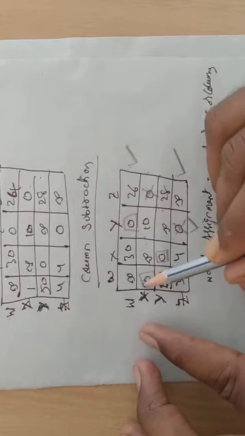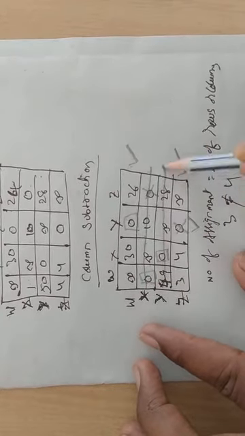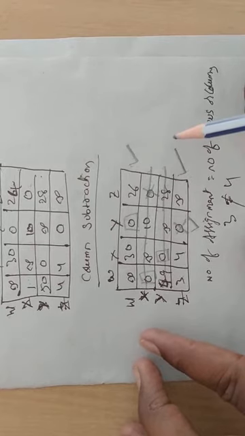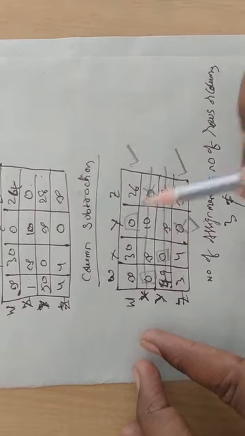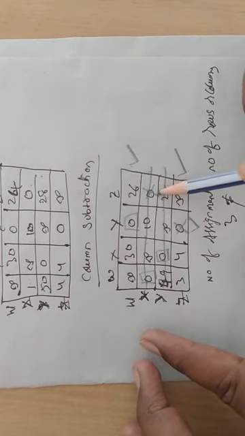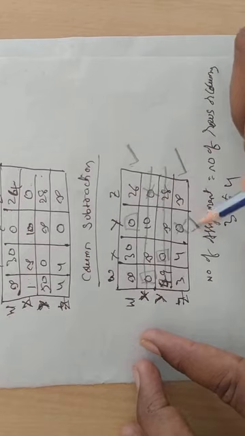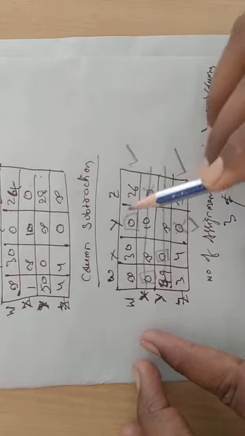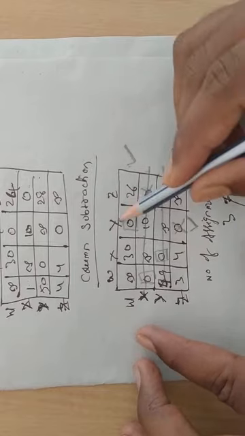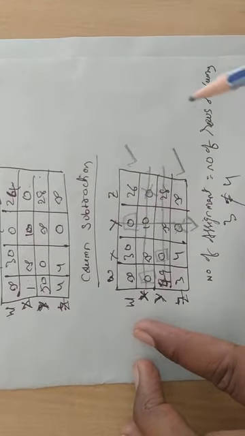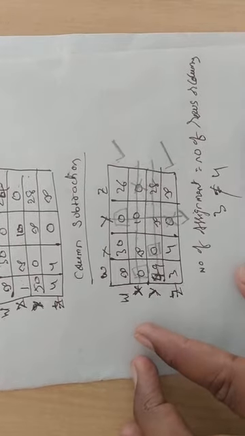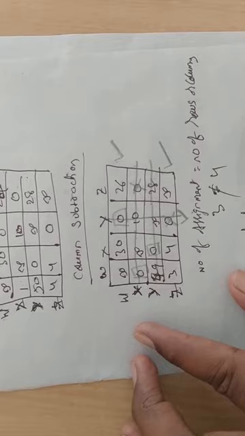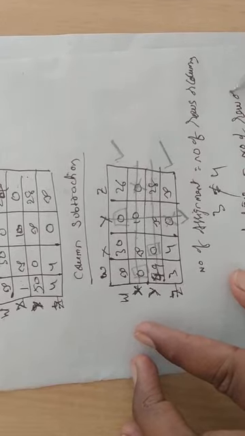So in this case we can draw the horizontal lines. Then identify the tick mark columns. The first column does not have a tick mark, the second column does not, the third column has one, the fourth column does not. So only one column has a tick mark. That's why we have to draw the vertical lines. Still, the number of lines is not equal to the number of rows or columns.